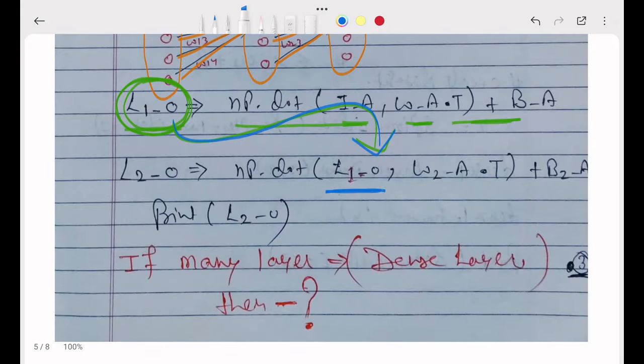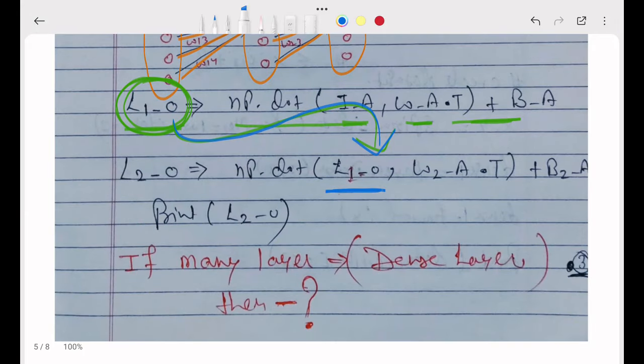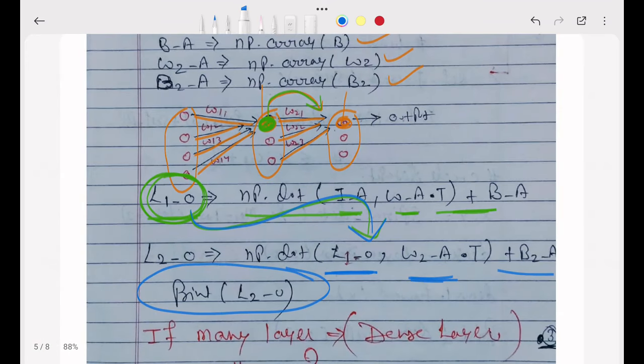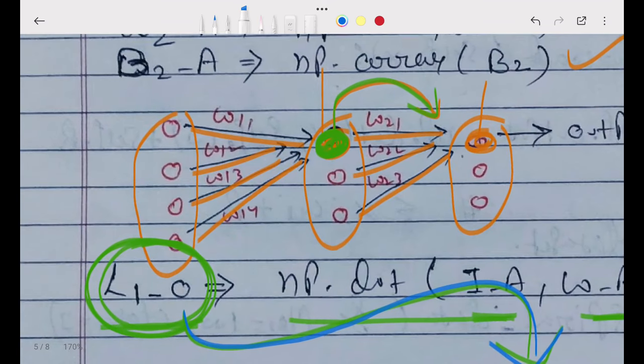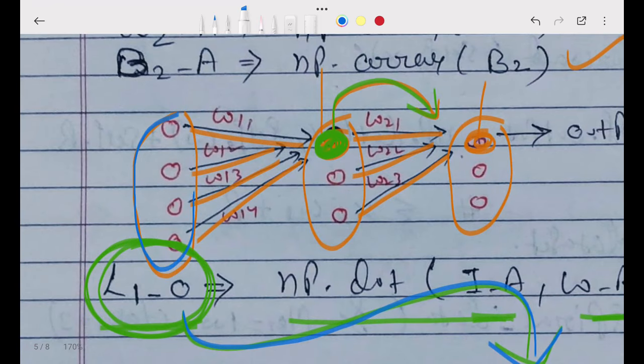L1_O, and a new weight will come, and bias similarly. At last you will print the output. So what is the meaning of forward pass? Forward pass means whatever task you have done, sigma xi wi, whatever output is coming, this output will be the input for the next layer. So I will get another output. This is the meaning of forward pass.